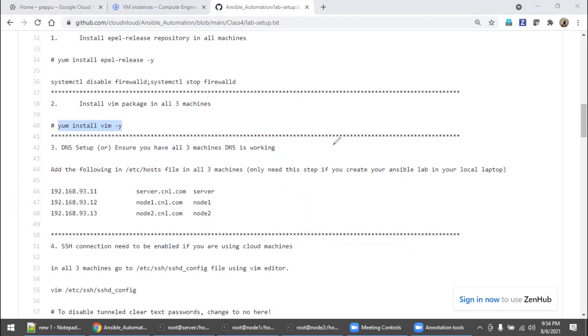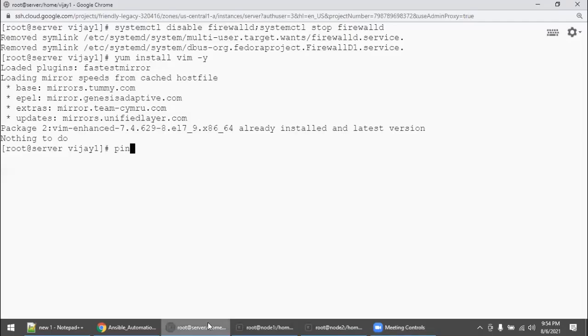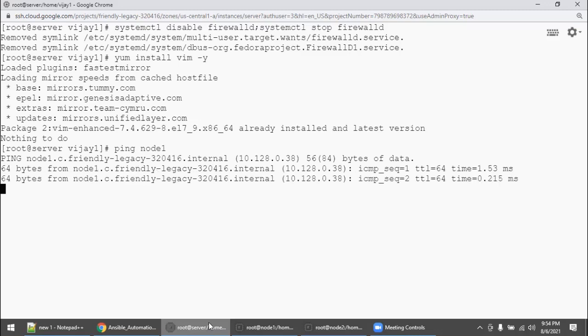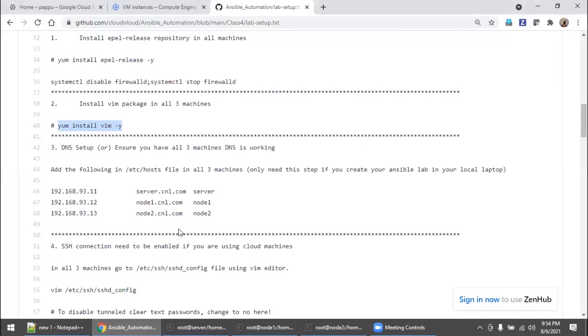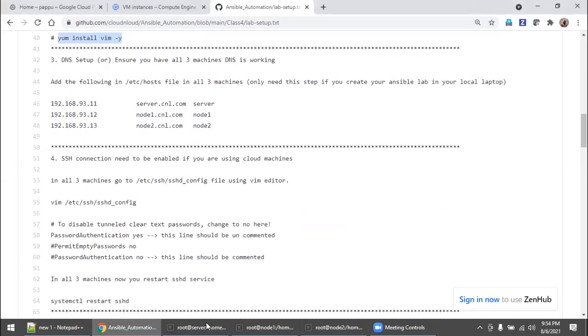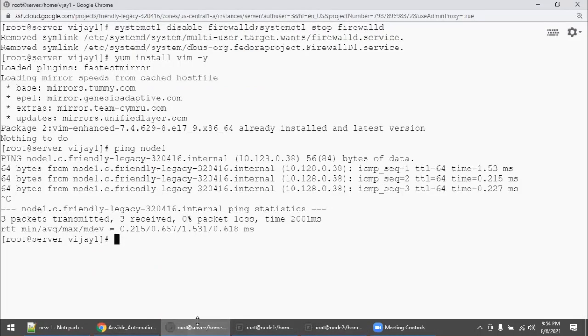So let's clear it out. Right now in cloud, you don't need this. Why? Because from cloud, automatically the DNS will be predefined, so you don't need to set up etc hosts. If you want, you can set the alias, but it's not needed. And mainly you need to enable the SSH connections. In production, there will be a key, but we are going with passwords since we are starting as freshers.